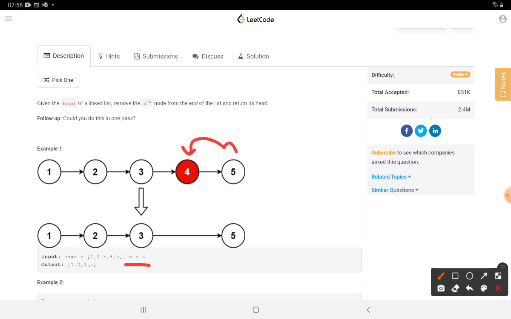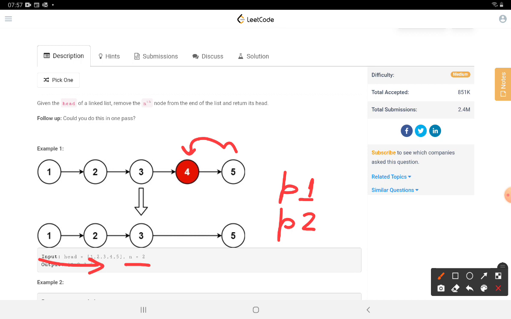So how could we do that? Again, there are a couple of ways of doing that. One way of doing it is that you start with the start of the list. You have two pointers, let's call it pointer 1 and pointer 2. So you first of all start with pointer 1 pointing to the start of the list and keep moving it forward in the list. And as soon as you have moved n steps forward, you start with pointer 2.